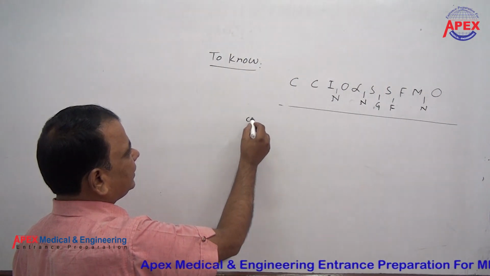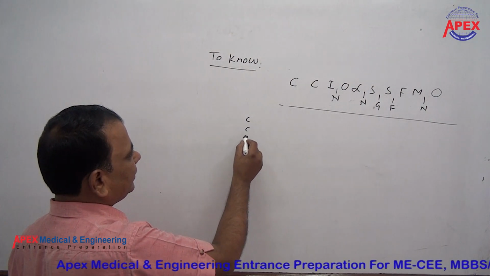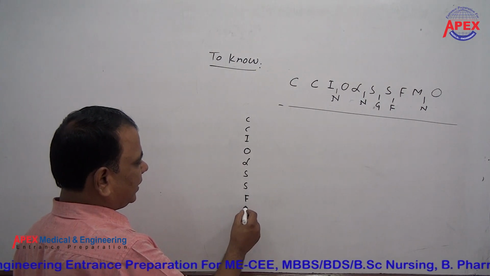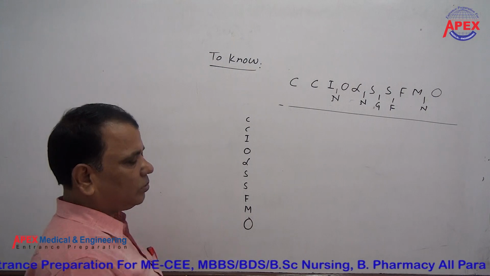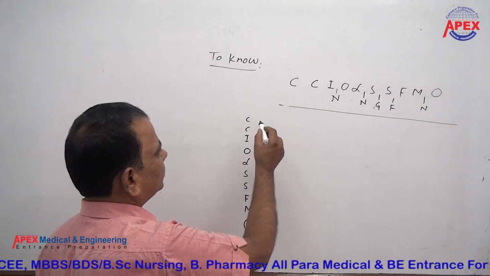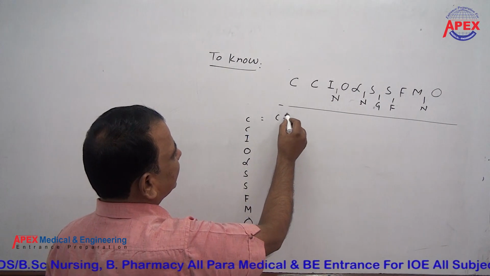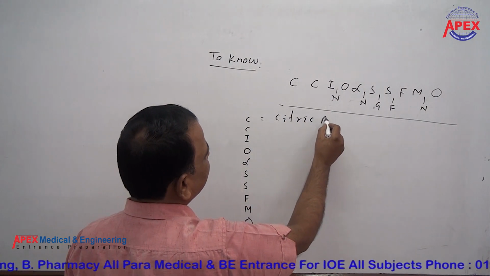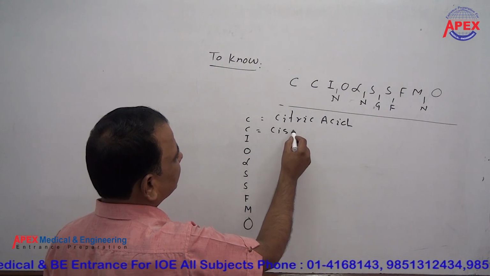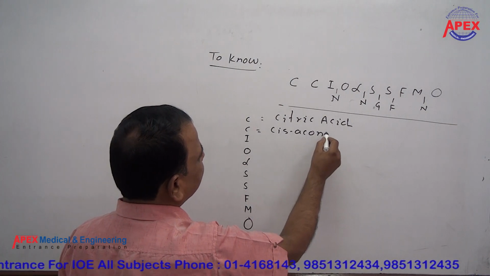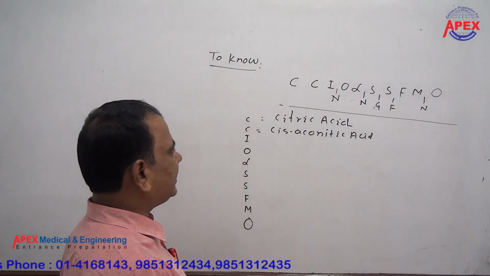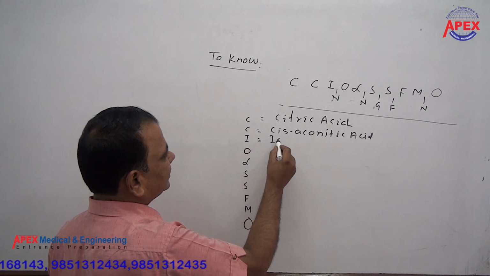So please see, B alpha S F M and other O. I think you have studied in 12th class also. What is this citric acid? First, cis-aconitic acid, that you have to know. Cis-aconitic acid, isocitric acid,